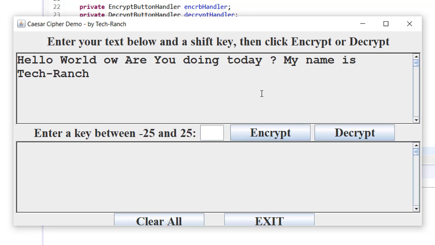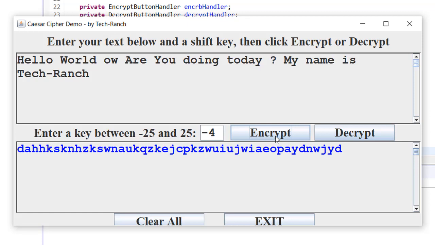So let's take a look if it is considering the special characters also. I'll give the -4. -4 means shifting to left side, and it is saying -25 to +25 because 0 is another value here, and we have 26 alphabets in our alphabet cycle. So let's take a look. So here it has taken the space and the special character also as a character,